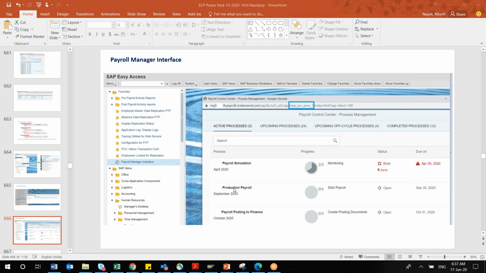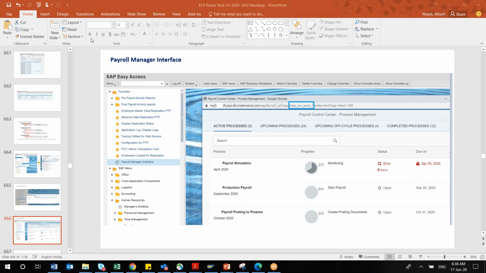Are you able to understand what I'm trying to explain? Previously we have seen this transaction from your SuccessFactors instance directly. This payroll control center is independent of SuccessFactors. Even if people do not have SuccessFactors, they can still use the payroll control center functionality.